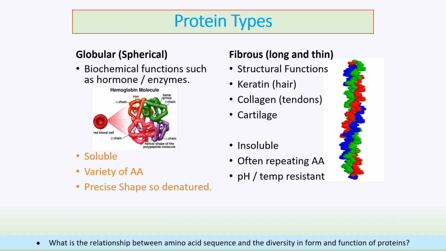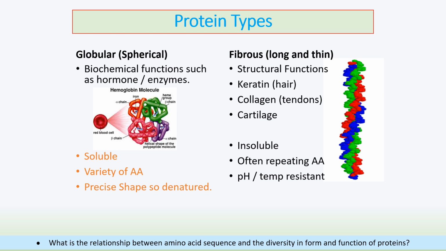And then when we go back to what we mentioned a few minutes earlier, there are 2 main groups of proteins, whether they have a tertiary structure or not. They are globular proteins, and then there are fibrous proteins. Globular proteins are spherical shapes generally. They are used in hormones, in enzymes, and they have biochemical functions as a result. They often have a very specific 3D shape that, for example, might have an active site if it's an enzyme. They have a huge variety of shape, and they can be denatured because that shape is essential